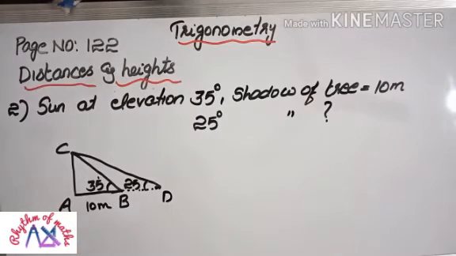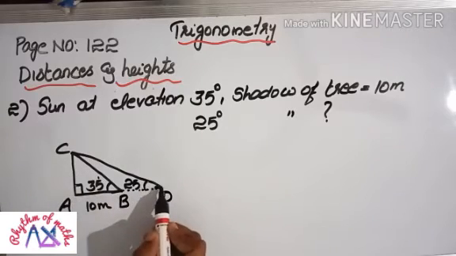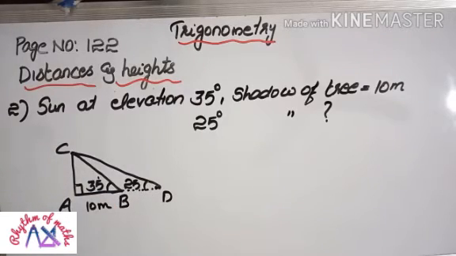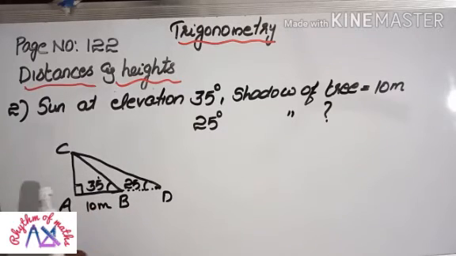Okay, so now here when you check, you can see two right triangles: the first one ABC, the next is ADC. In these two triangles one side is common, and that common part is the tree. So we will find the tree's equation by considering the two triangles. We can write the tree answer as an equation.